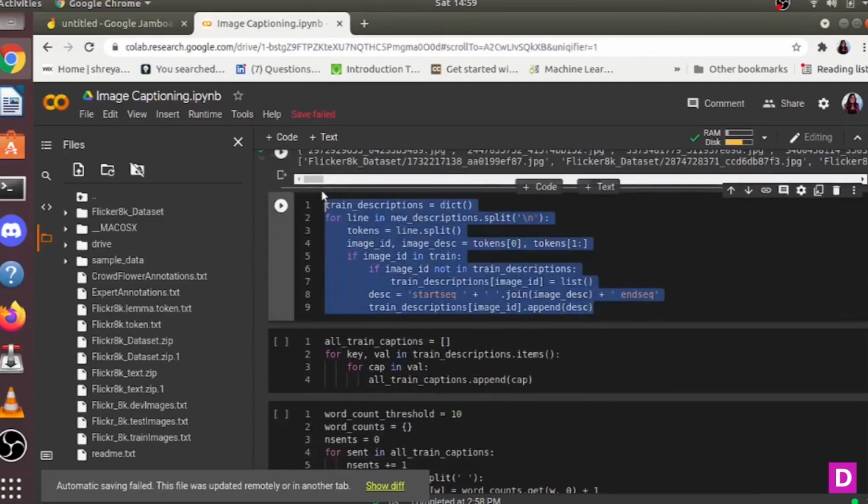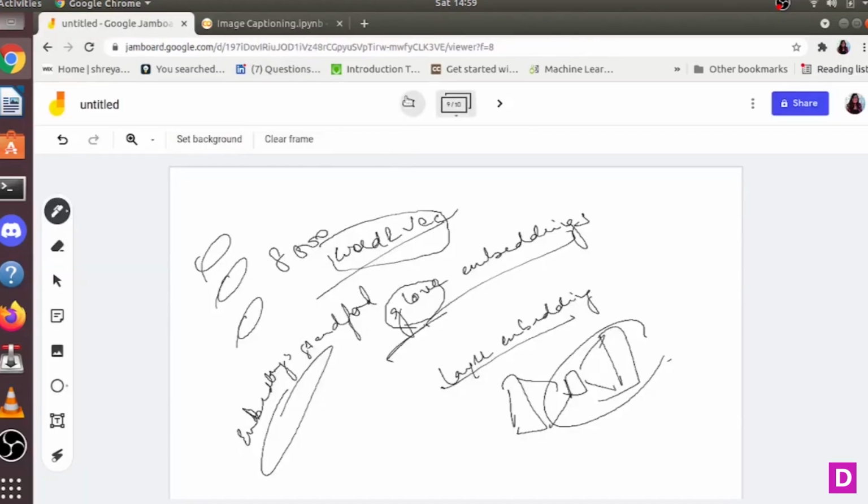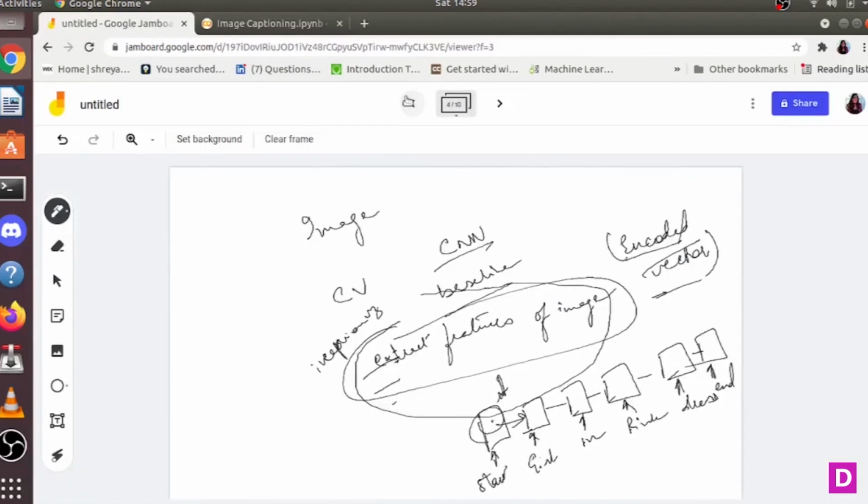So here what is happening is, as we are going through it, for each sentence we are adding a start sequence and an end sequence. So these are the two tokens that we will be adding. If you remember when we were talking about this earlier,